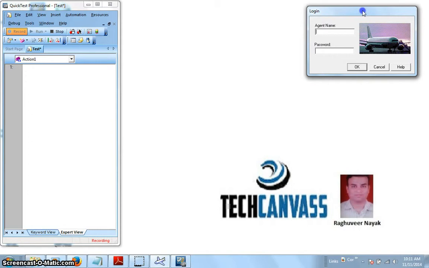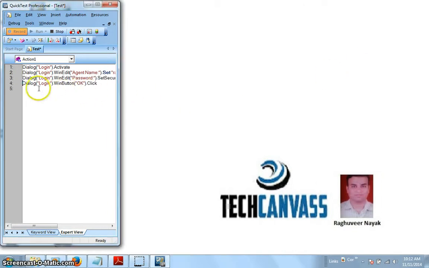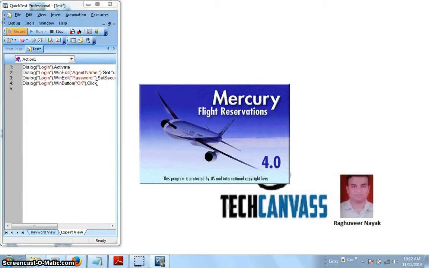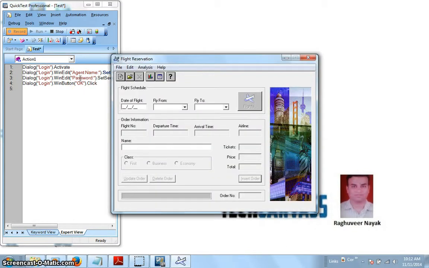Now I press OK, write a name, myself, Raghuveer, and the password could be Mercury. Then okay, and you can observe behind it QTP generating some script. There is no need to go over there, just observe. You can see certain things generated. The next screen comes up, again write the date 12 12 14.